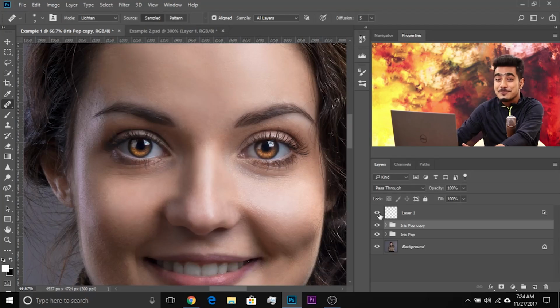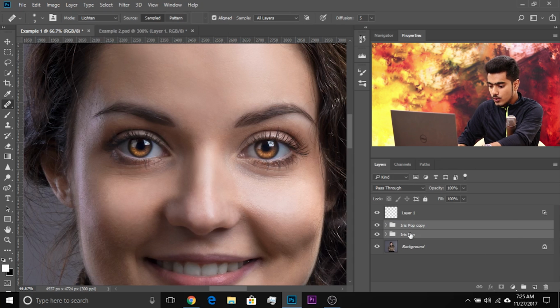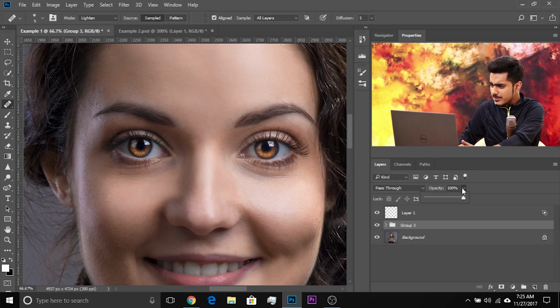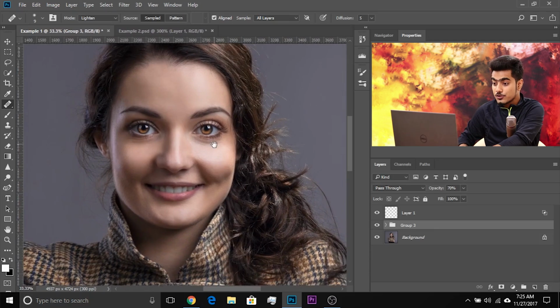And at the end, I will always recommend this. Take a break and get back to the image. And more often than not, if you're like me, it is too much. So here's what you do. Decrease the overall opacity if you think it is too much. Let's make a group of both of these, left and the right, by holding the Control or Command. Select the other one, press Ctrl or Command G and then decrease the opacity. Simple. To somewhere around, let's say 70. That looks fine. Let's zoom out. That looks very natural. And there you go.